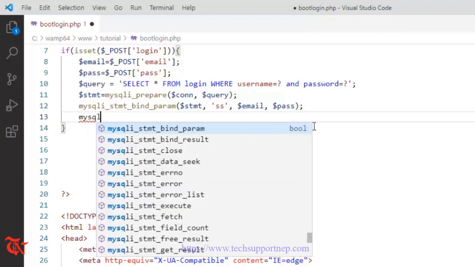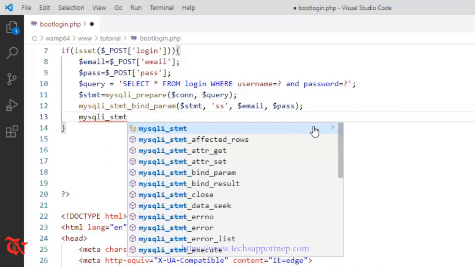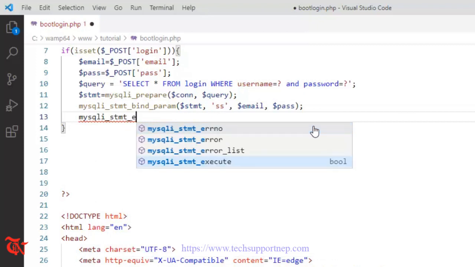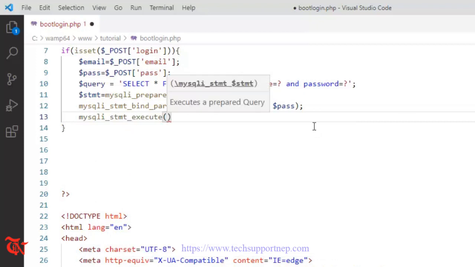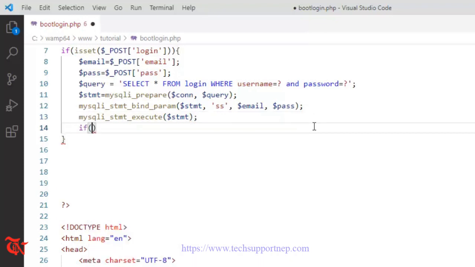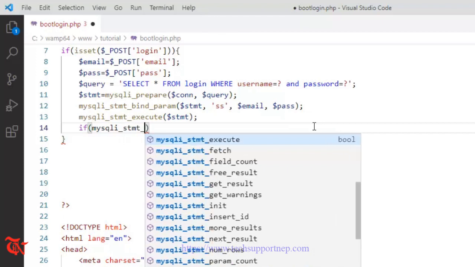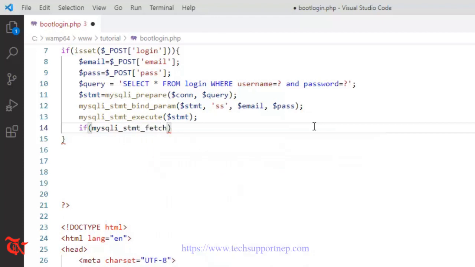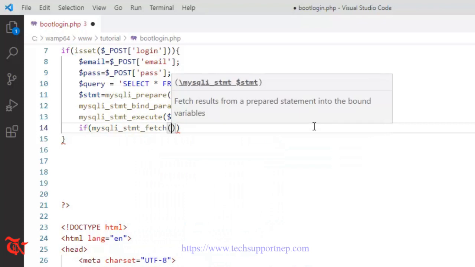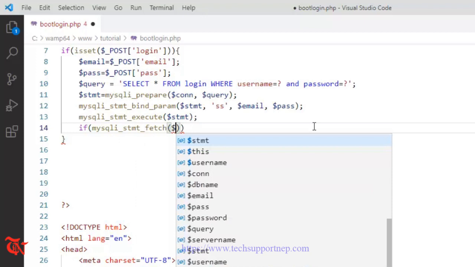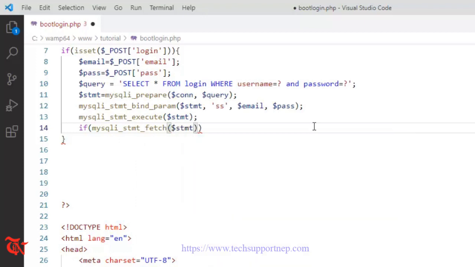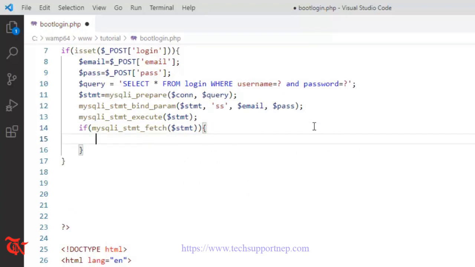And execute. So mysql_stmt_execute, our statement. So here goes stmt statement, and let's check if mysql_stmt_fetch. Now fetch our statement whether it returns something or not. stmt statement, if it returns something, that means if this is true, what we are going to do is